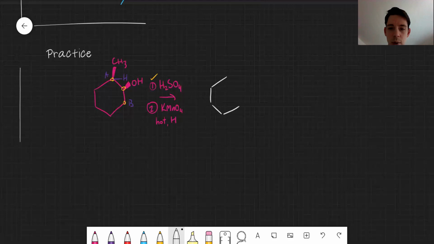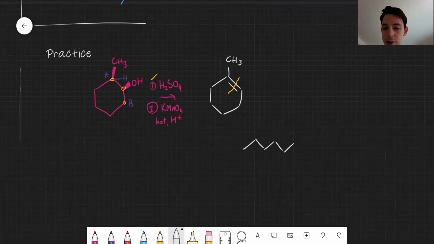Okay, I'm just going to draw my product of the first step. This is now a planar bond around that carbon because it's trigonal planar, only has 3 bonds, so I don't need to draw the wedge anymore. The next step says KMnO4, hot, with acid H+. So that's going to cleave this bond, resulting in a carbon chain,